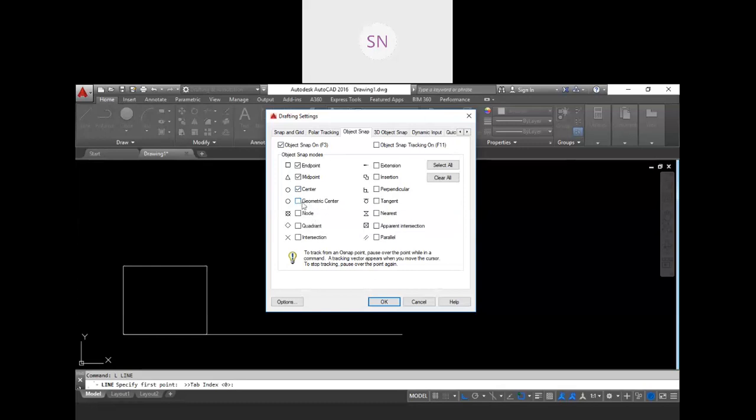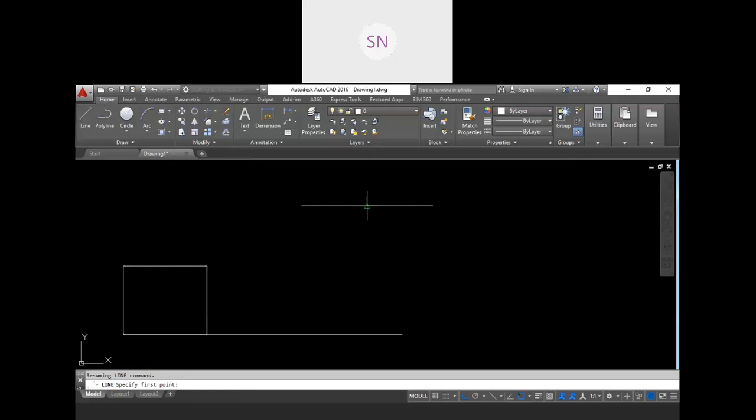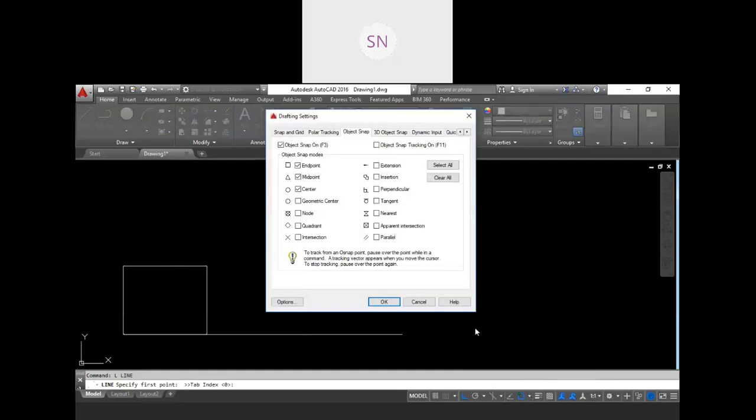Right now we haven't enabled this. So just type your command and see, we have midpoint, endpoint, but we do not have a center point of this rectangle, right? If you create one circle, then we are able to get the center point of that circle. See, it is represented as center, but we are not able to find the center point of this rectangle.